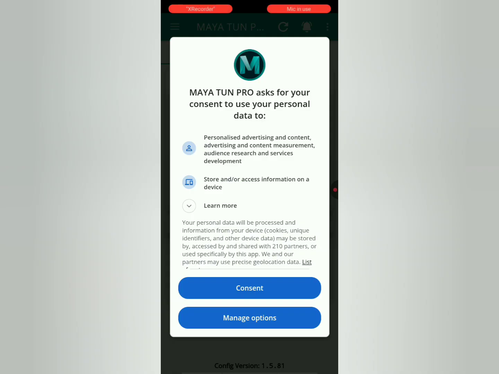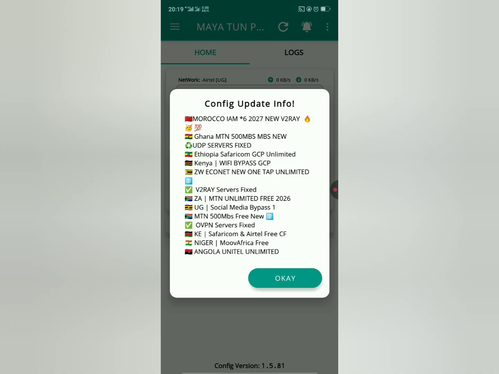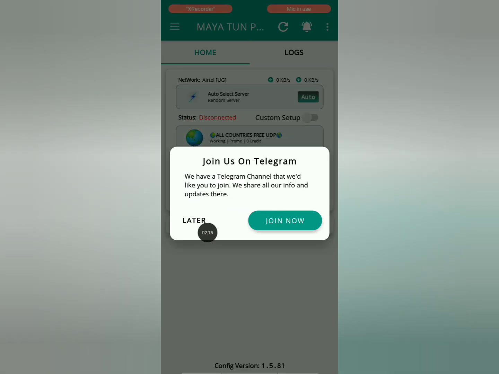So let us continue by opening the MAYA Tunnel application, and as you see, I'm going to be dealing with Zimbabwe. We have these servers, which are new and updated. As you see, we're going to be looking for this server, and then I request you guys to join the